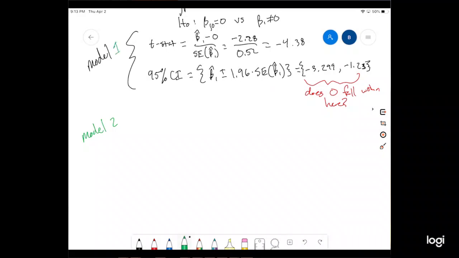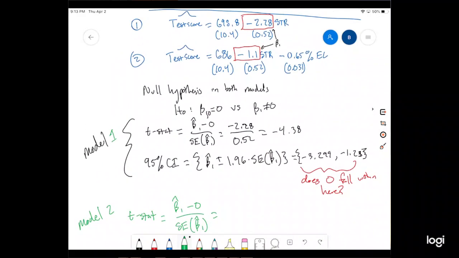All right. The t-stat for this is going to be done the same way. The null hypothesis is still 0. The t-stat is going to be beta hat 1 minus 0 over the standard error of beta hat 1, which in this